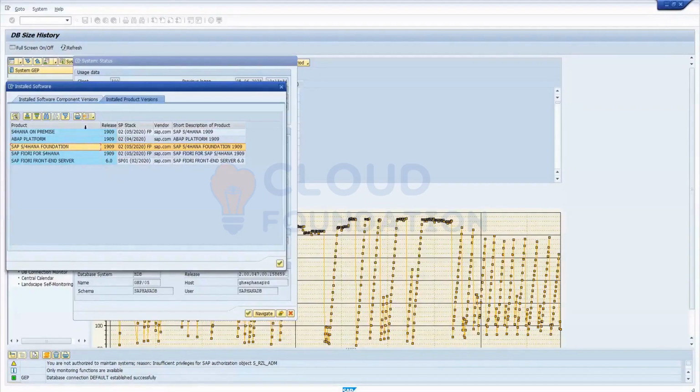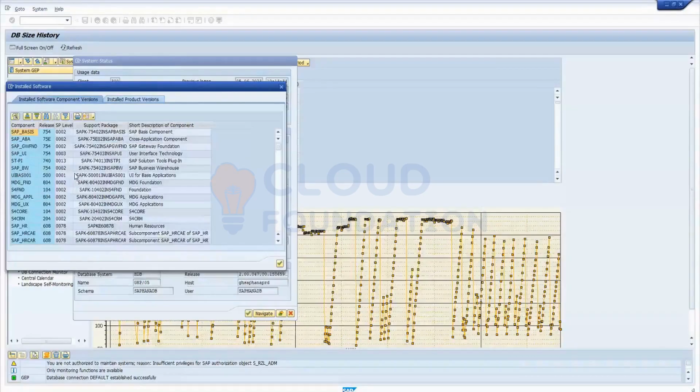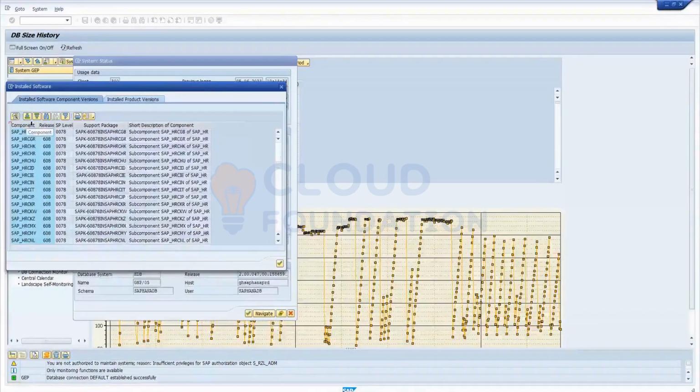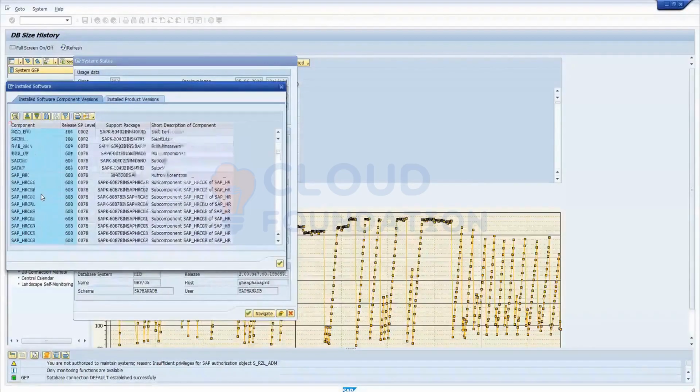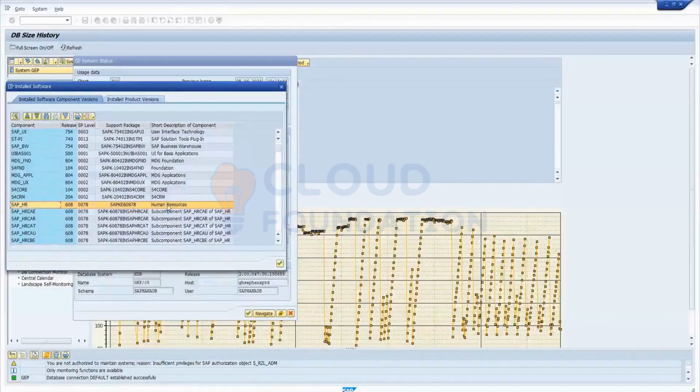Go to installed software components. You can see there would be SAP HR, human resource. Are you able to see SAP HR on the top? Go upside. SAP underscore HR. You are using human resource. You can see SAP FICO also would be there. SAP underscore FICO.